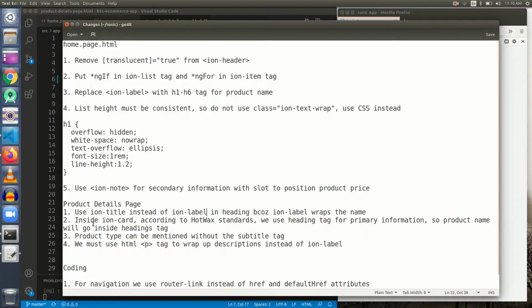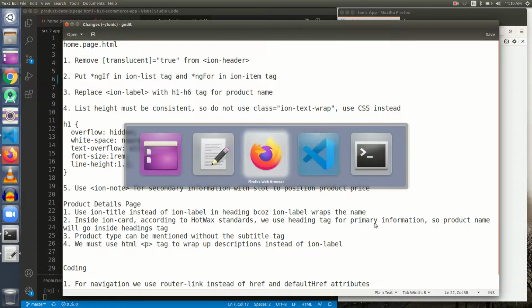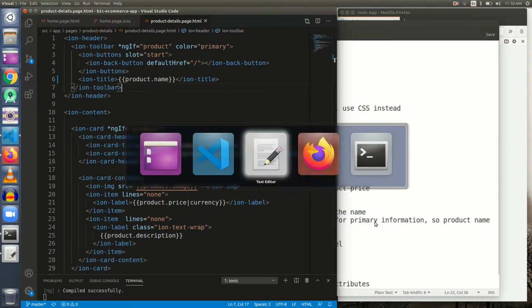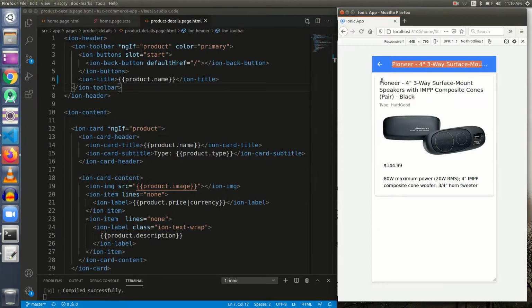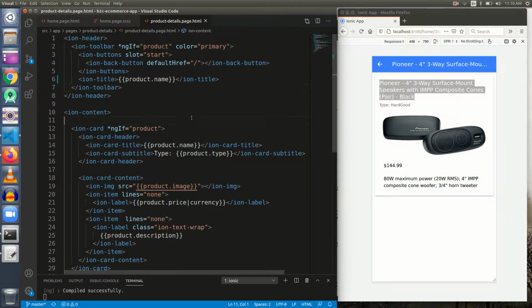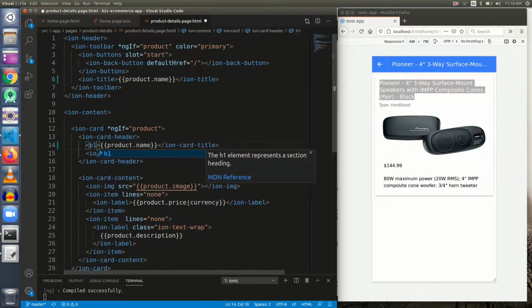The second thing is, inside ion-card, according to Hotfix standards, we use a heading tag for the primary text again. So we have got another product name here, and for this we will use a heading tag. So we have to remove this ion-card-title, and I am going to use H1. I'm going to save it.